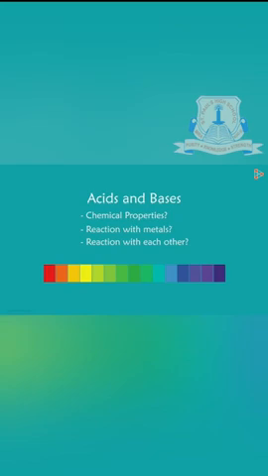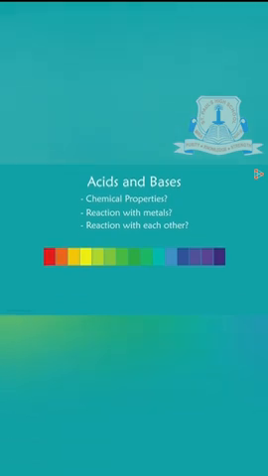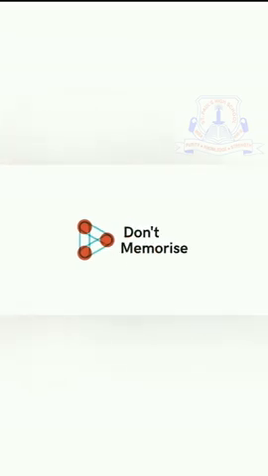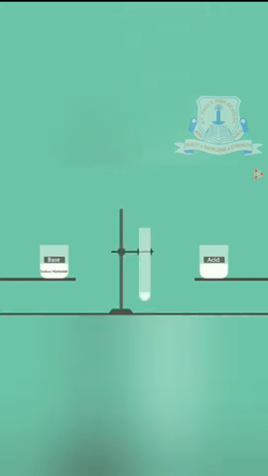This is a universal indicator. It gives specific color changes that we have taken with different acids and a base. In one of the test tubes, we take 2 milliliters of the base and add phenolphthalein solution to it. And what difference do we find? A color change. The colorless base turns pink in color. It indicates that it is a base. Phenolphthalein solution is always colorless in acid and gives pink color in base.